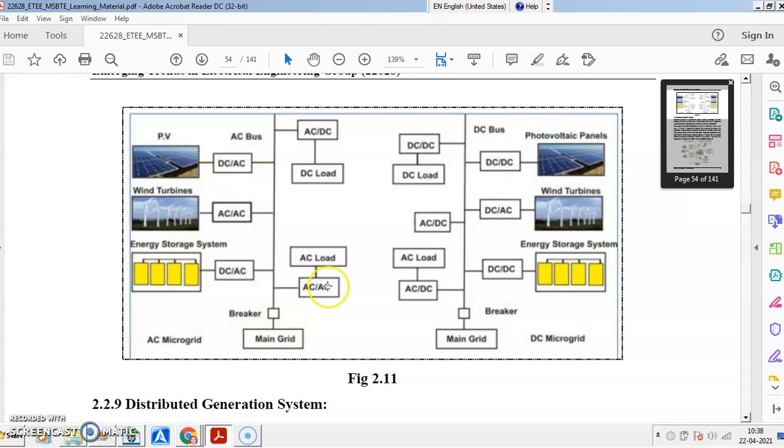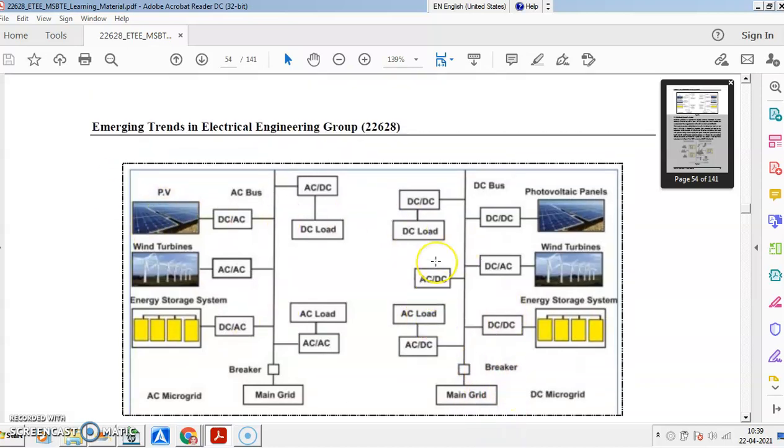AC: you can have an AC load according to the required frequency of AC. Similarly, you are having a photovoltaic cell, wind. So here DC grid, AC DC grid. So this is a DC grid. You are feeding to the load, DC load. If you are having an AC load, then DC is converted into AC, then AC load. If you have a DC load, then you can convert AC to DC. Now converter and inverter technology is easy for any type of conversion.